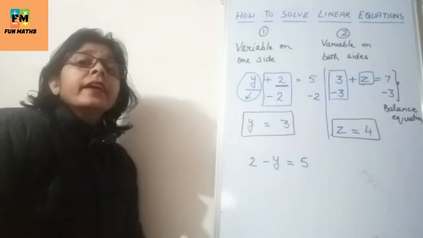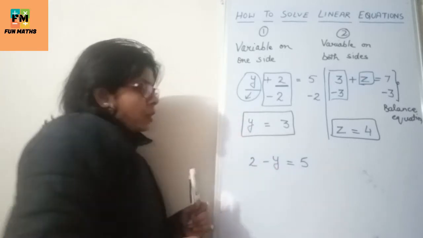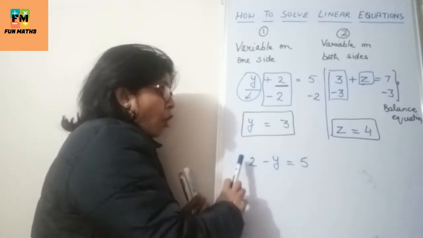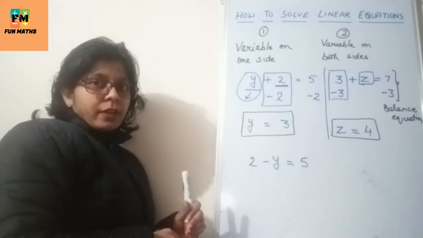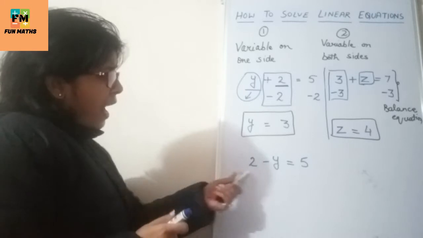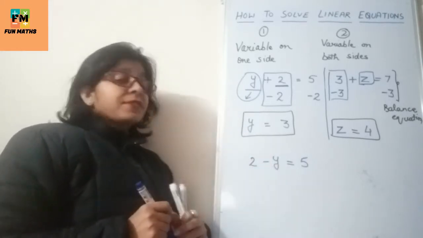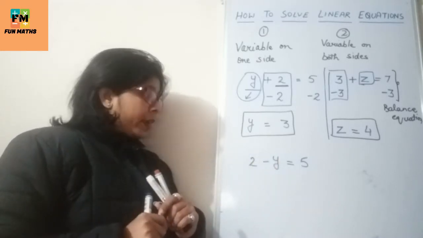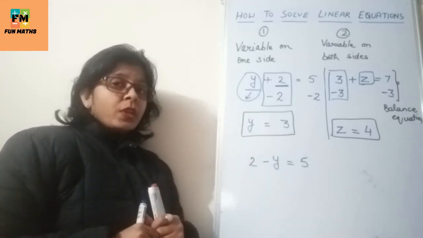Yes. Here if you see, this unknown is getting subtracted from number 2. Unknown is getting subtracted, right? What can we do? See, to isolate y and to remove this negative sign also, because this negative sign also belongs to y. This is the main thing, right? So first of all, we have to see about this sign also, right?